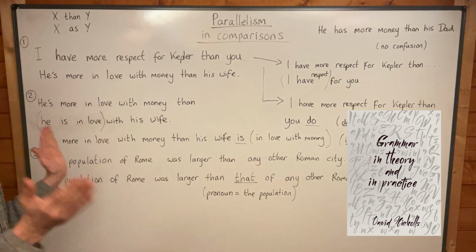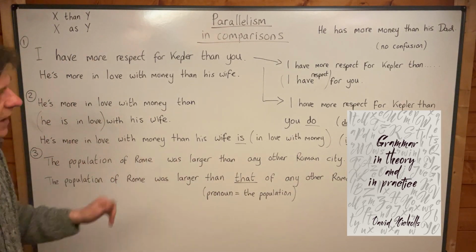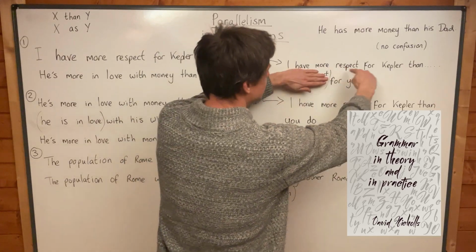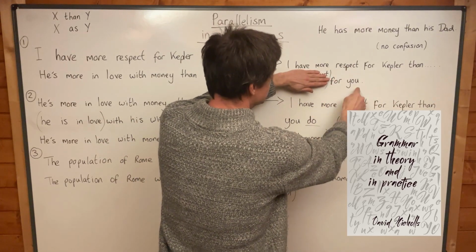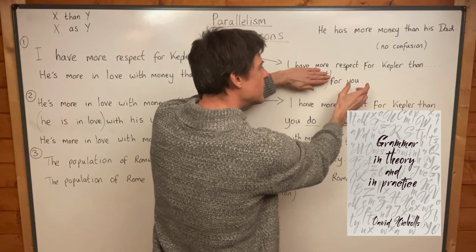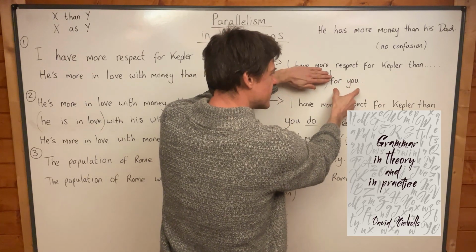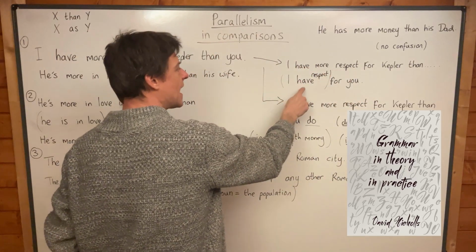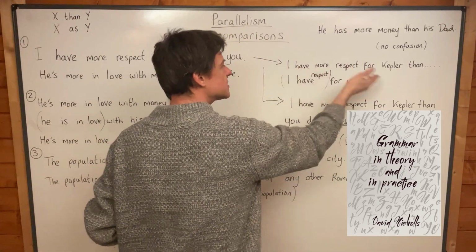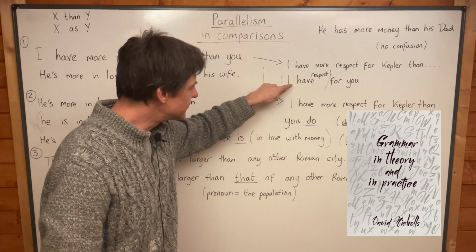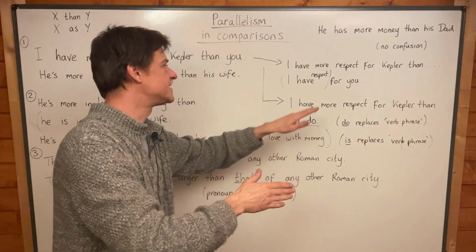So how do we make it clear which one we mean? Well, if we mean the first one, we say it like this. I have more respect for Kepler than for you. And the reason why we only need this prepositional phrase to be reflected in this prepositional phrase is because I have respect has already been mentioned in the first clause. So we don't need to repeat subjects and verbs which are identical, and nouns